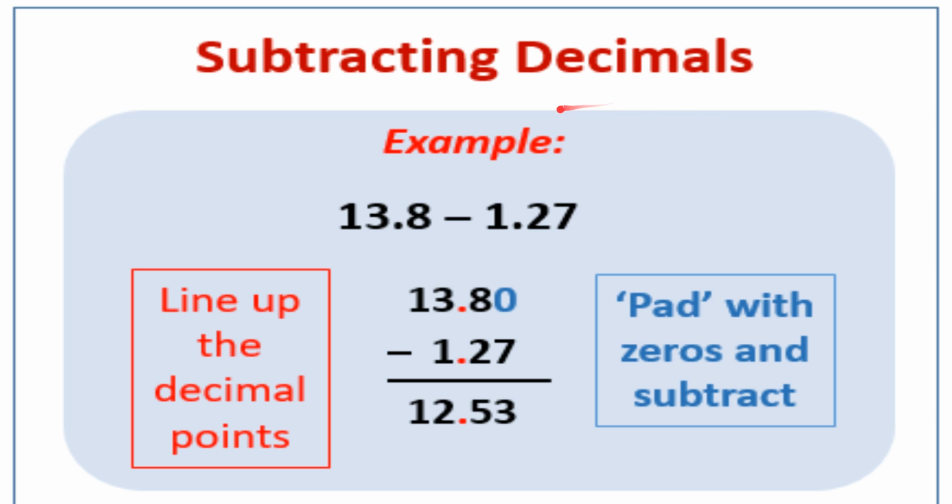Now we are going for subtraction. Subtraction is also similar to addition. While writing, you have to write them properly, padding with zeros to the right. Since we have 13.8 and 1.27, after the decimal point we have .27, which is two places. Whereas 13.8 we pad with 0. So it becomes 13.80, minus 1.27.